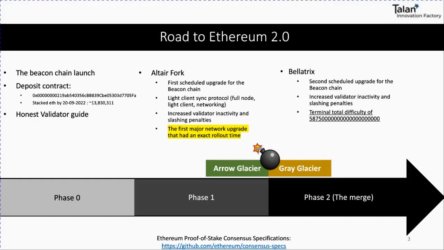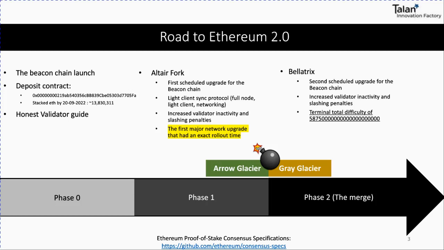For a better view of the different steps, we are going to go a little bit back in time and discuss how the different phases of this merge happened. Let's assume that we don't know yet that the merge happened, and we are going to simulate the steps. The first step was the launch of the beacon chain and of a deposit smart contract. Here I'm going to give some technical terms, and I will try to explain them in simpler ways, because in the documentation you will find these key concepts or keywords. So I'll try to do both.